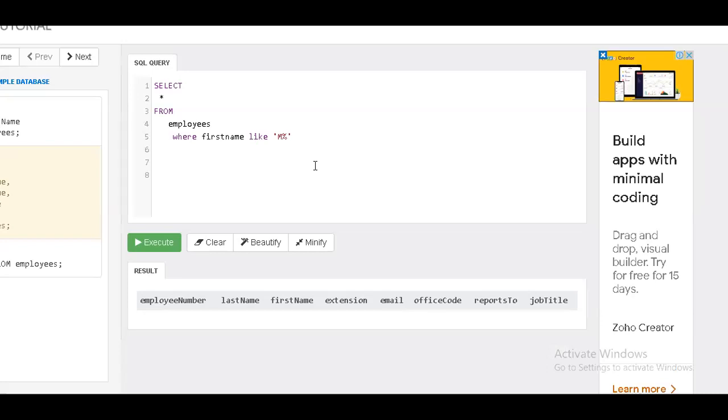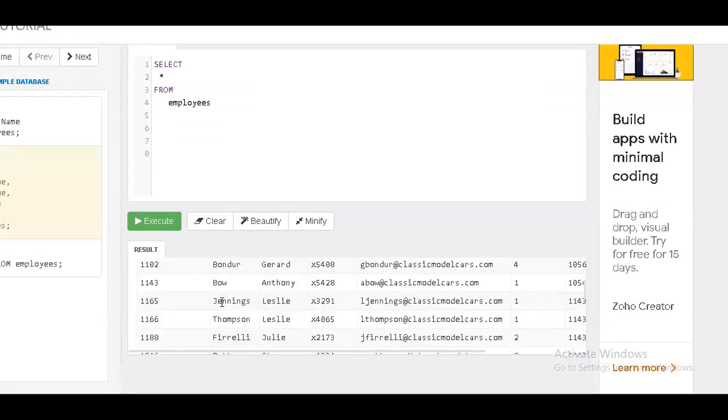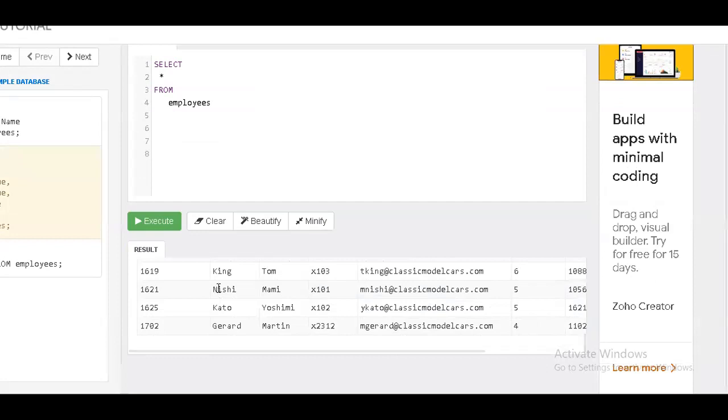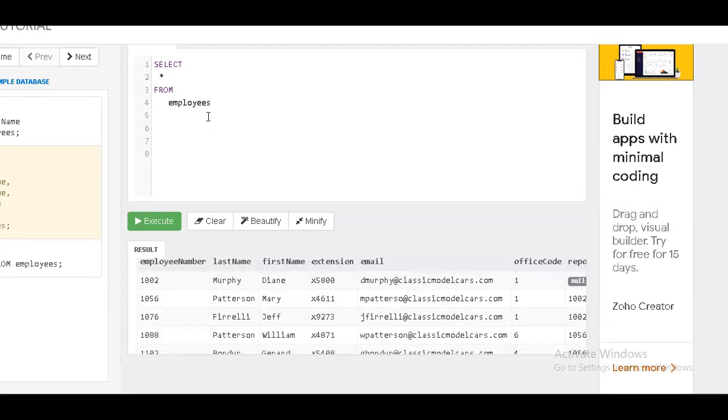Now here you have to remember this one. Now I am using the percent. If we give just M, there are no records with the letter M. For your information, I will show this again. When I open this, you don't find any name called M. But what I want is a name that should start with M. So I'll use the percent.